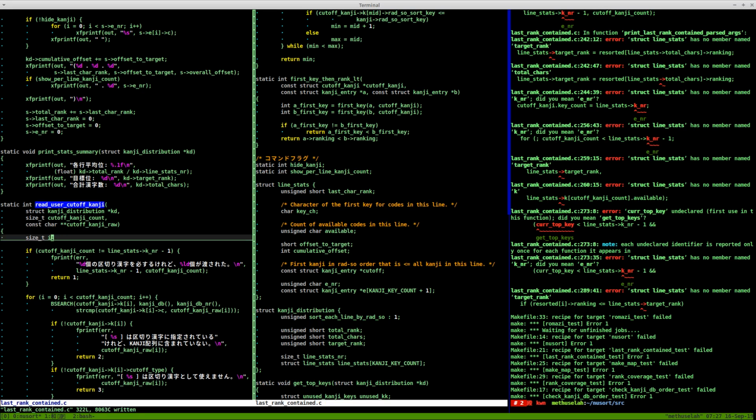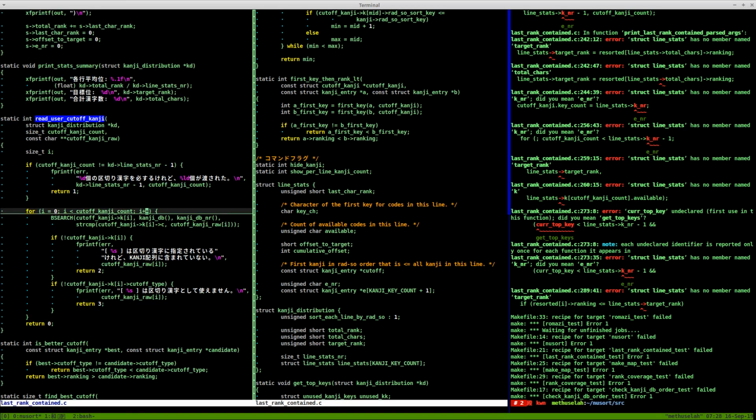All right. Cutoff kanji count is not equal to kd-knr minus 1. This is actually going to be line stats nr. And this is actually starting to read a lot better. kd-line stats nr. All right. Cutoff kanji count. Okay. So now we're going to search for